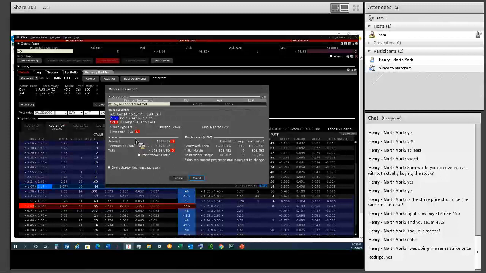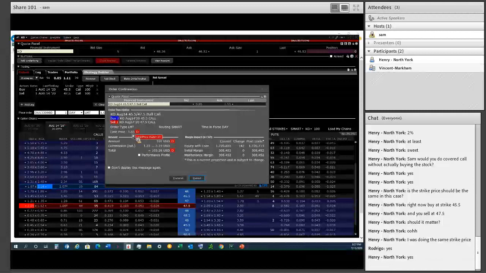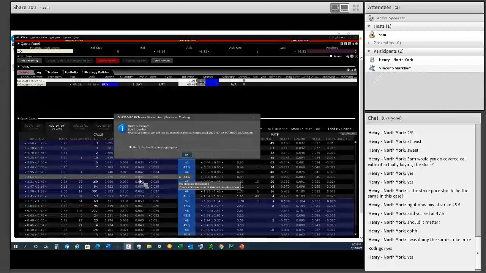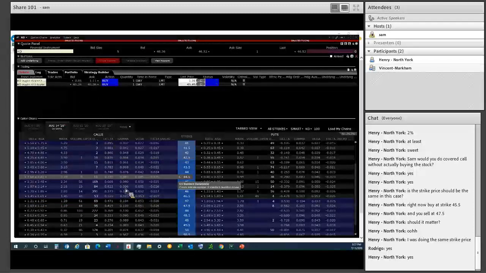So our premium is $1, and we're bringing in $1. Does everybody see that? If it doesn't move, we don't make any money. It has to go up for us to make money, but we can only lose $1. If it goes up to 47.50, we make $1, and if it goes down, we can only lose $1. So you're basically getting $1 for $1. You're risking $1 to make $1. Not preferred, but let's look at that and see what happens. So we transmitted that trade again.